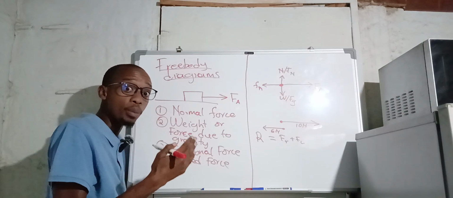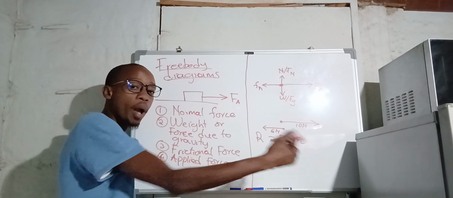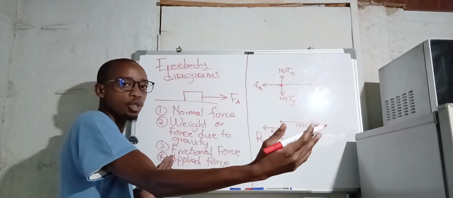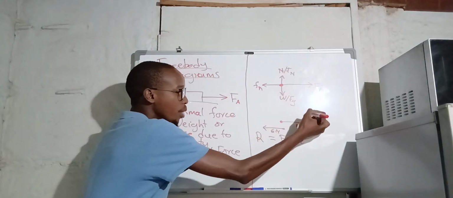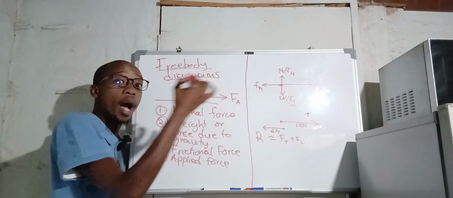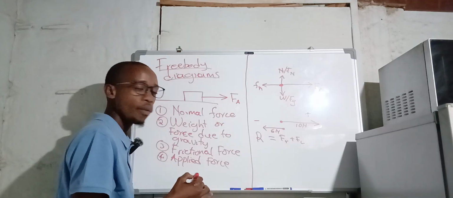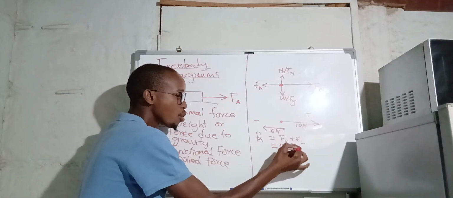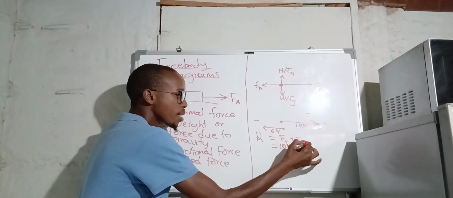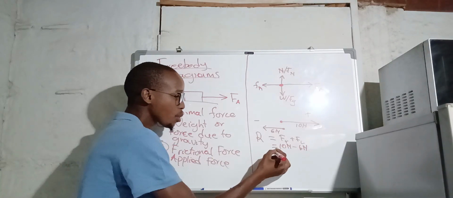In other words, what you can do now is to say the one that is going in that direction, whereby it has a greater magnitude, is going to be the positive one. So basically we can say the one going to the right is positive, and the one going to the left is going to be our negative force. What is this telling us? We are going to say positive 10 newtons minus 6 newtons, which will ultimately give us